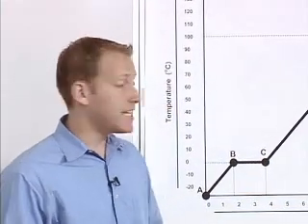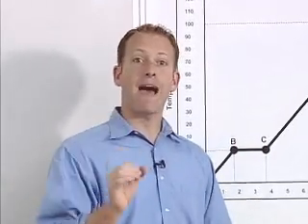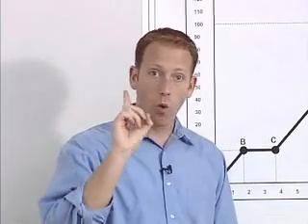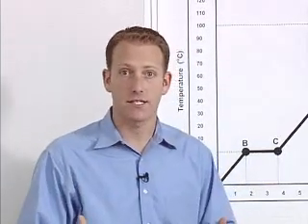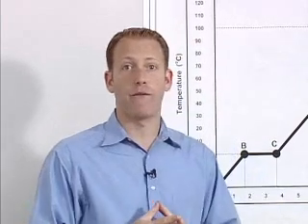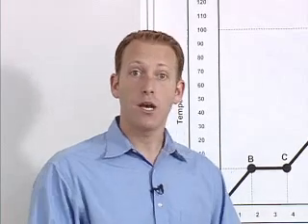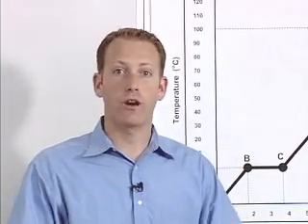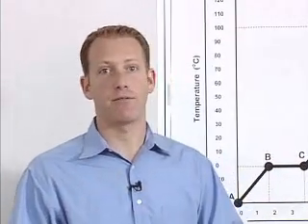And specific heat is dealing specifically with changing temperature. It's the amount of heat required to change 1 gram of a substance, and change it 1 degree Celsius. That's what the specific heat is. And there are math problems involved with that. But the math problems we're going to have you do as a separate concept, and you're going to do that separately. But you need to understand the heating curve first. And then once you understand the heating curve, then we're going to come back and you're going to go over the math problems relating to the heating curve and what specific heat, heat of fusion, and heat of vaporization represent.